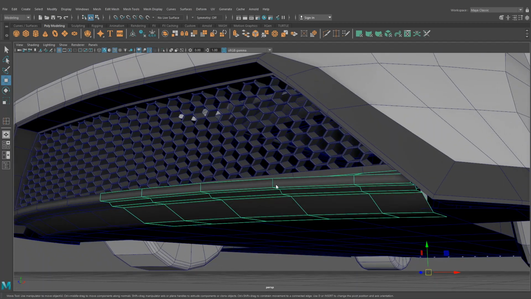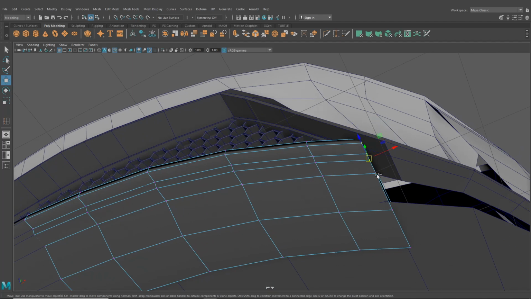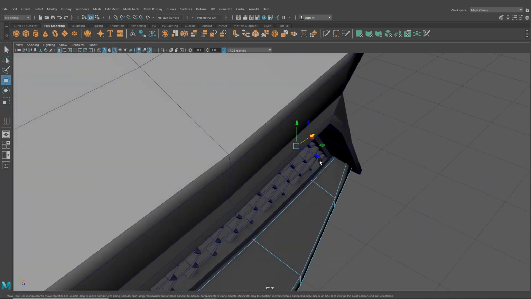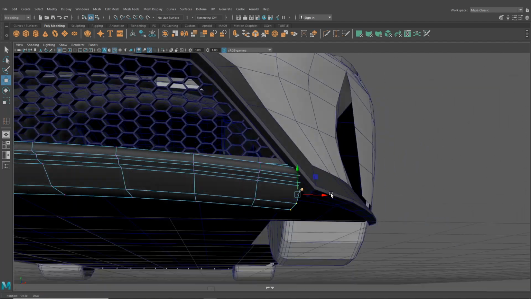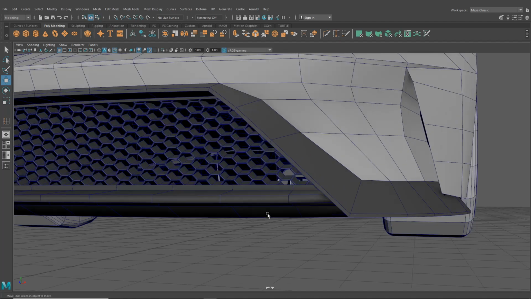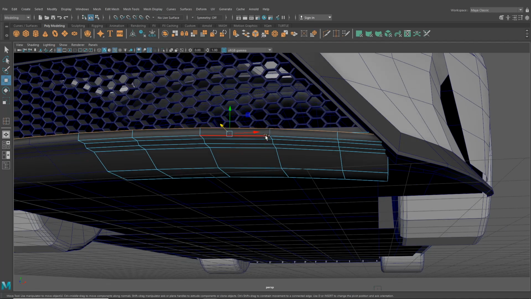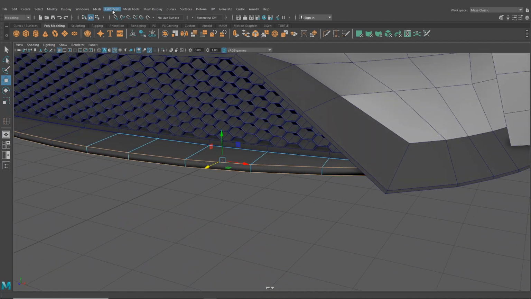So let's maybe take these. I'm going to grab all of this along here. I'm going to pull this to the side, and then I'm going to pull this back here, just so that we can fill in that gap, getting those two parts there merging together a little bit nicer. I'm going to maybe grab these edges here and these ones just to start off with, and let's go for